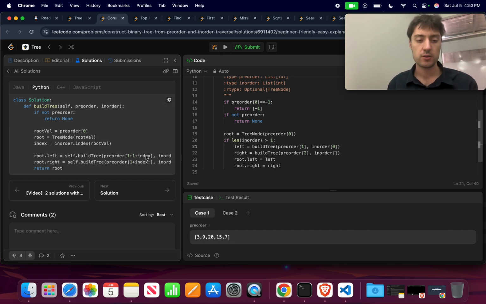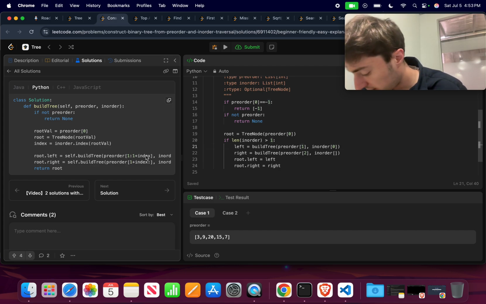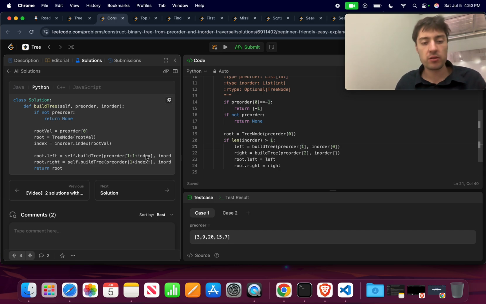So I can use that index to find myself. Okay, but then the other thing that I'm trying to figure out is when I was going through the problem, I was simply looking at